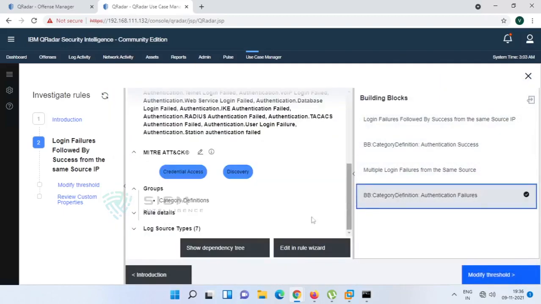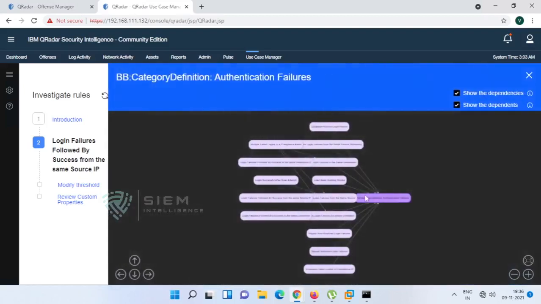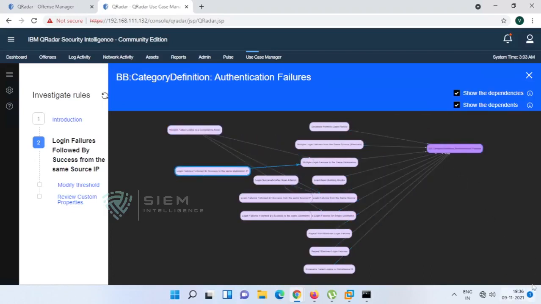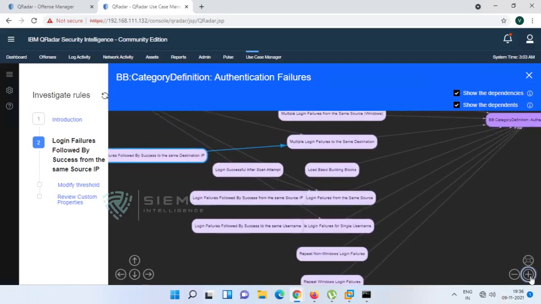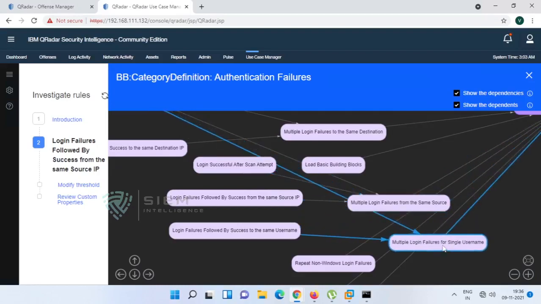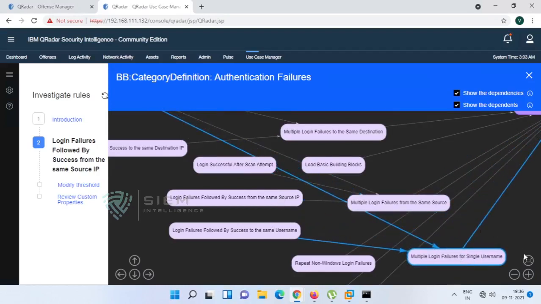For this category also there are so many dependencies. So this particular building block is part of these many rules you can consider. So you can go big and big. There are so many things like that. It is interlinked. That's why I said this is Elasticsearch. So it is a combination of multiple searches in an elastic manner. As and when required, it will automatically jump into various searches elastically.